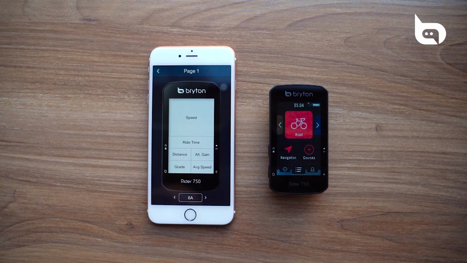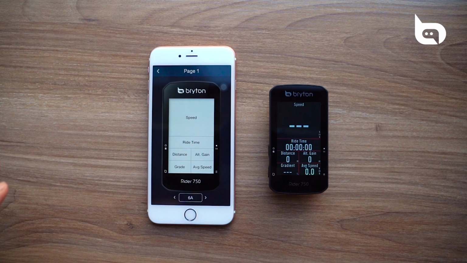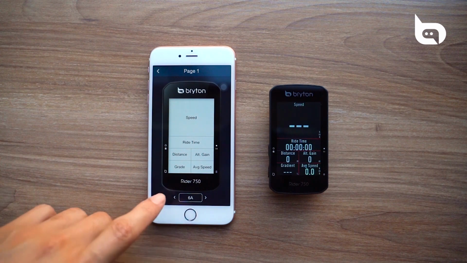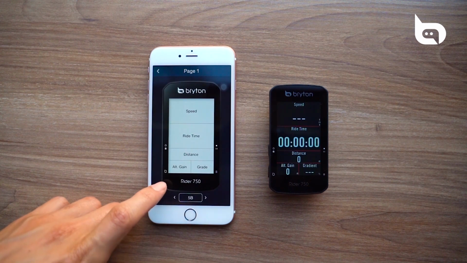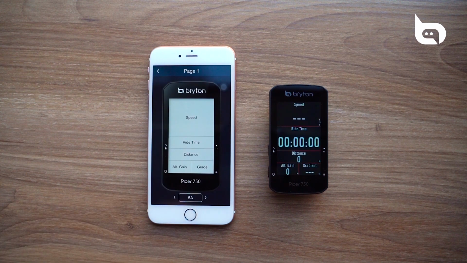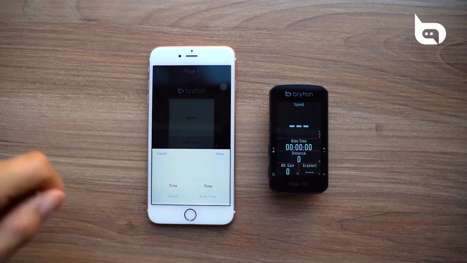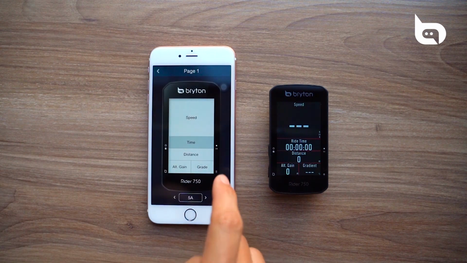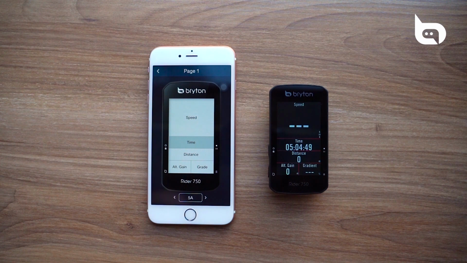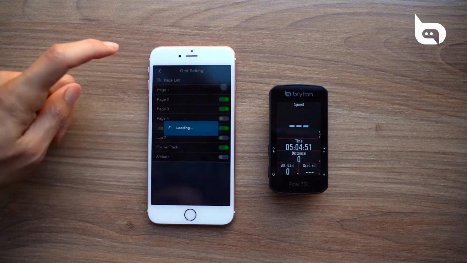So we'll click into the meter page. For me, there are a few too many data fields on the first page for when I'm riding. So I want to bring this down to the 5A option, so that we only have 5 data fields on this page. Okay, I do prefer to have speed as my top option, so we'll leave that. But what I want to change is I want to add time to my second field. So once I click time and press OK, everything else looks okay to me on this page. So I'll press the back button and return to the bike settings page.